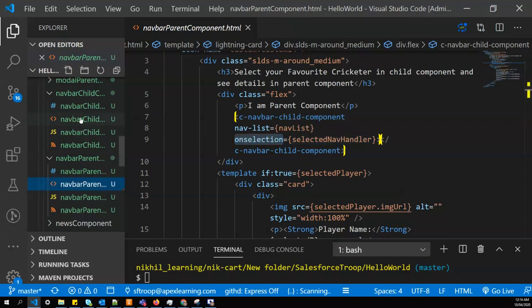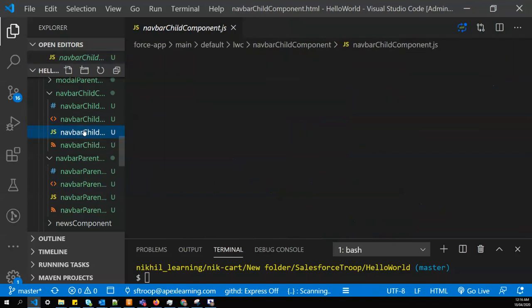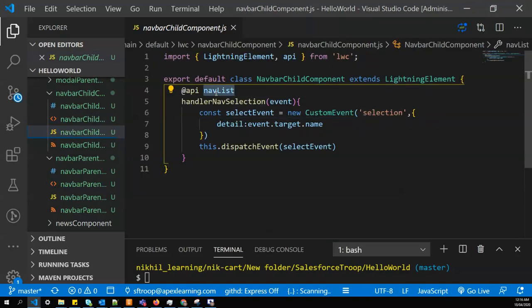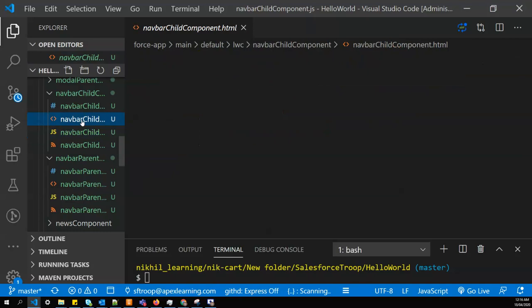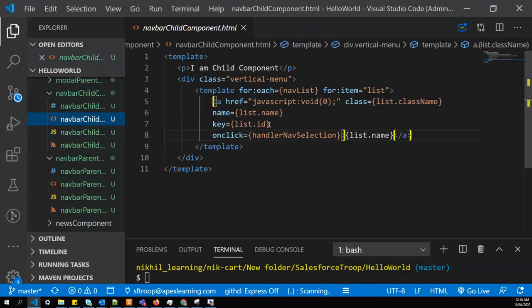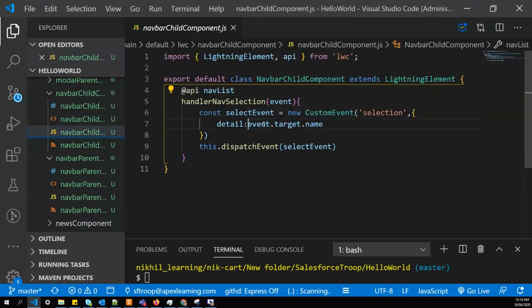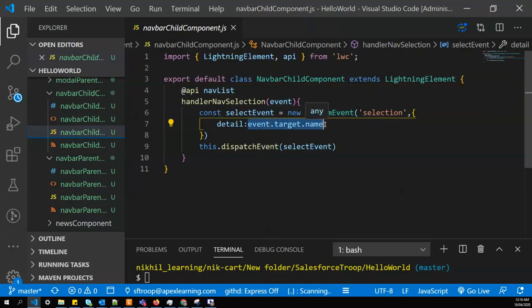In the child component, we'll get the list of players. We'll loop that list of players in our HTML template, and in the template we have a handler. When you click on a particular player, it will trigger an event and dispatch the name that he has clicked to the parent component.